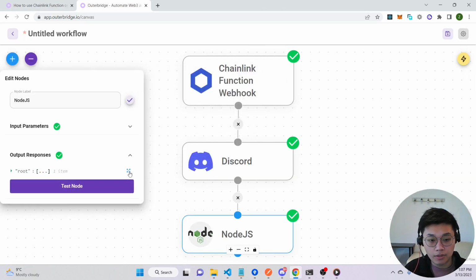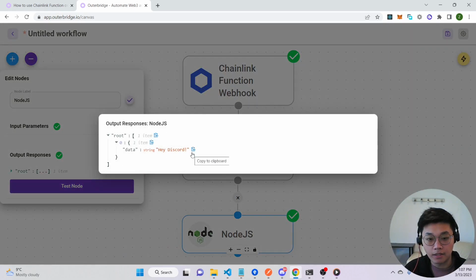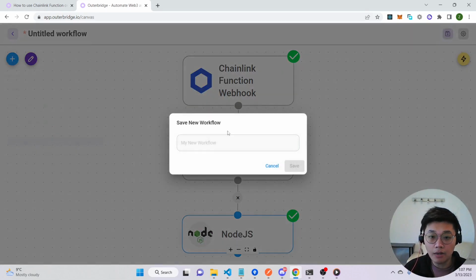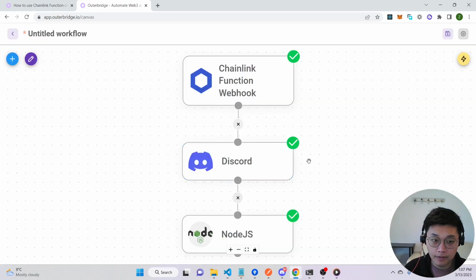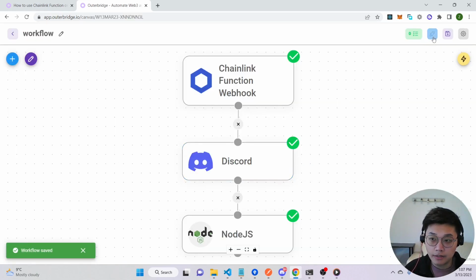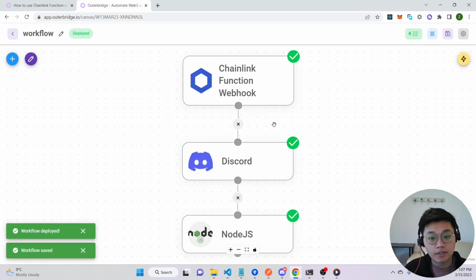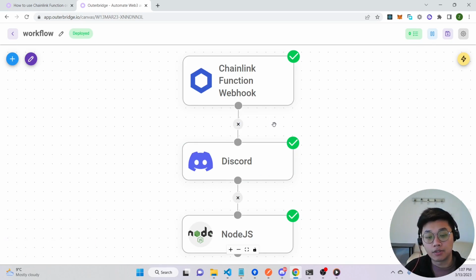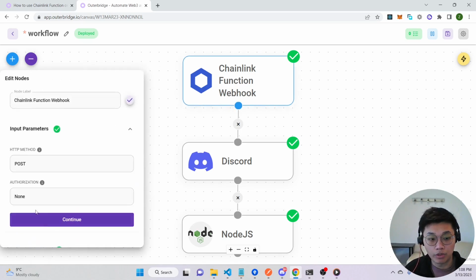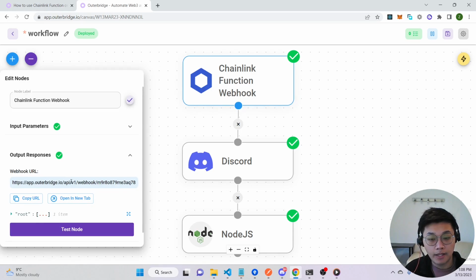Now click test node. You can see the data has been successfully returned to us. Now let's save the workflow and deploy it. So now we have successfully built a simple workflow that is going to get triggered when an HTTP call is made on the particular webhook URL and send a message to Discord and finally return the message